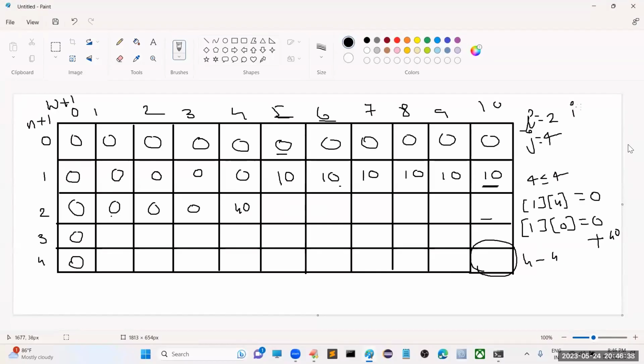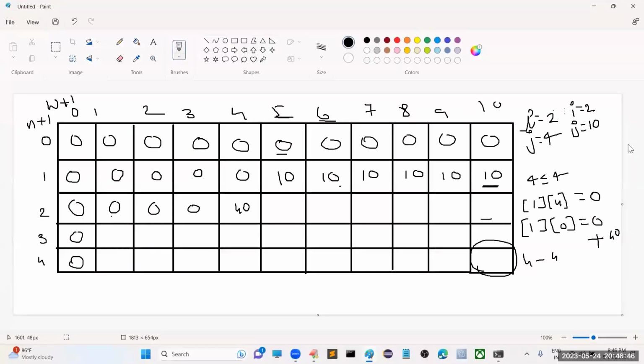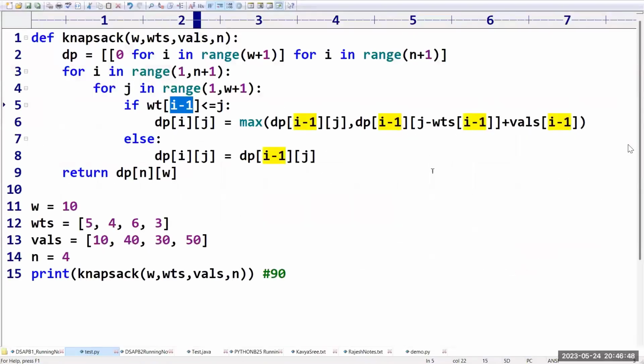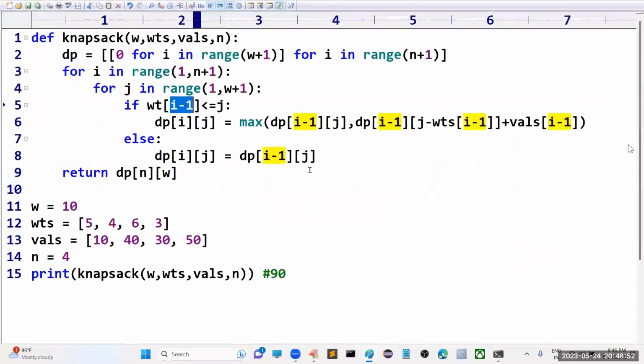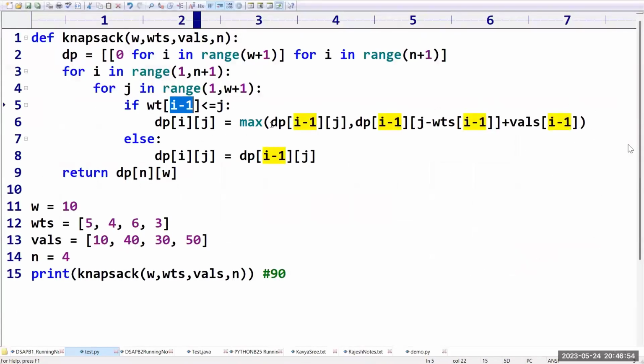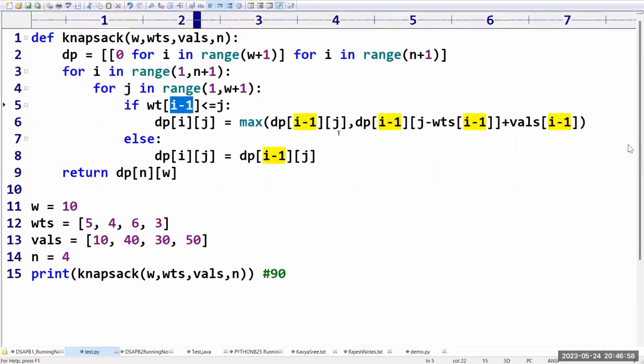Your I value will become 2 and your J value will become 10. Now what we are doing? First condition: I minus 1, that is 2 minus 1, 1, is less than or equal to J. Yes, 4 is less than or equal to 10. Condition true. Then dp of ij is equal to dp of I minus 1, that is 2 minus 1, 1,